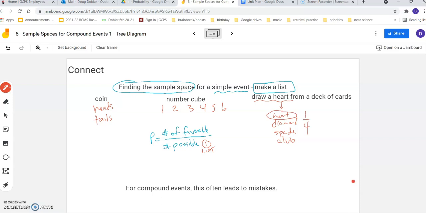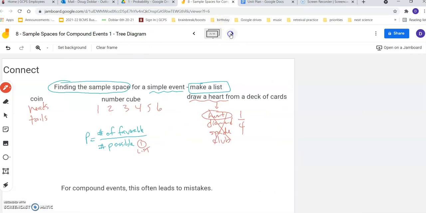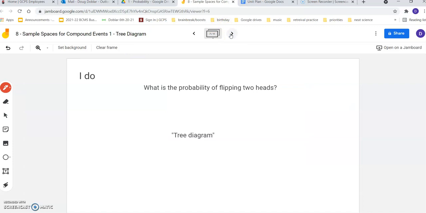For compound events, this often leads to mistakes. Just making a list gets to be hard to do. So I'm going to teach you a totally different strategy for compound events. I'm not going to encourage you to just try to make a list. I'm going to show you something more careful than that. So let's do it. A quick one: what's the probability of flipping two heads on a coin? If you were to just make a list, I'm going to do this wrong first. If I tried to use just a list,